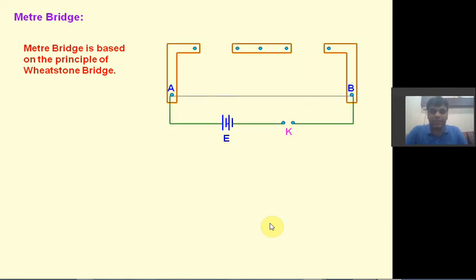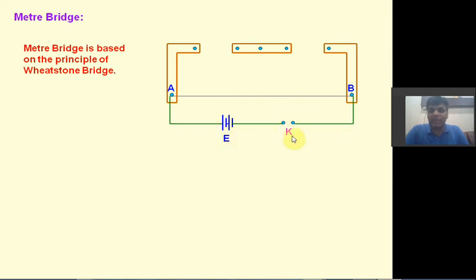Meter bridge is a bridge where we have this wire A to B, and the length of this wire is 1 meter. 1 meter is equal to 100 centimeter. So the length of this wire is 100 centimeter, or we can say 1 meter. That is the reason we call it a meter bridge. So in meter bridge we have 1 meter wire, and then this battery is connected to the points A and B